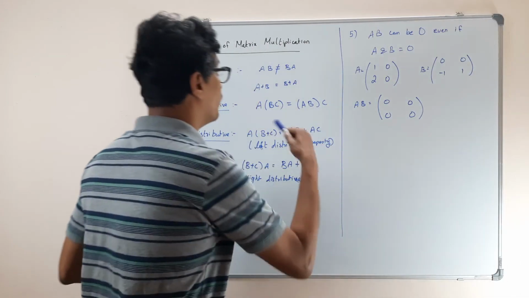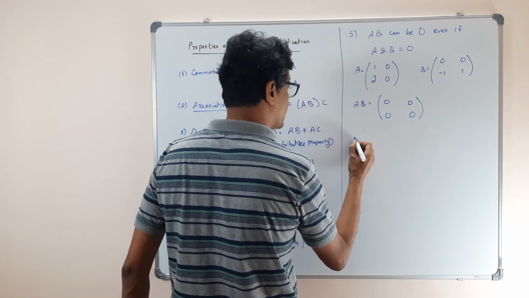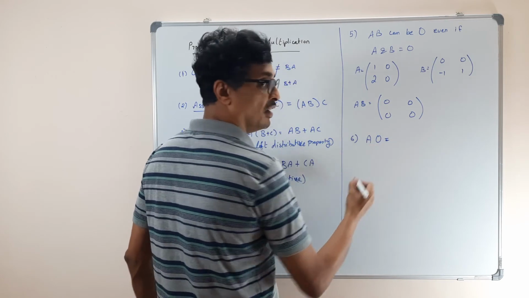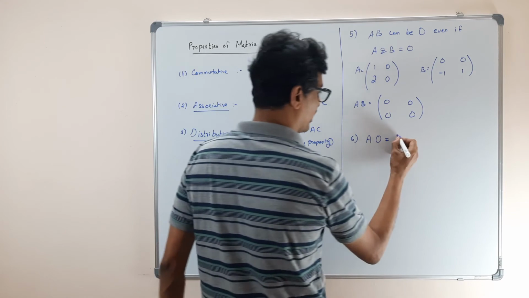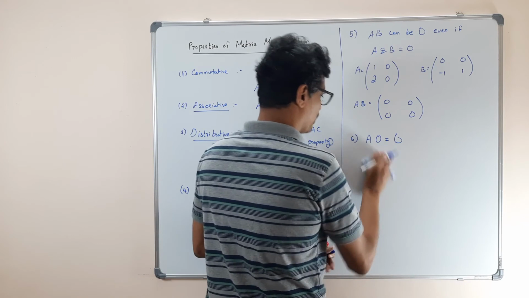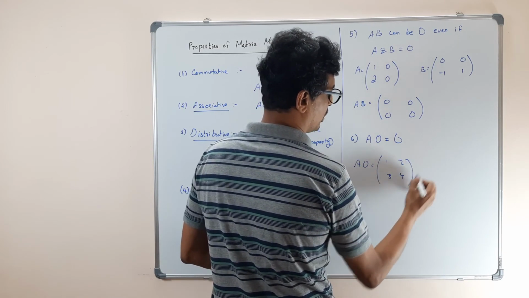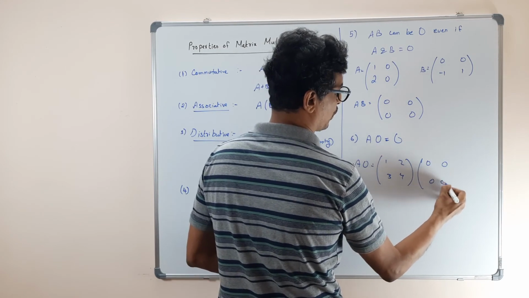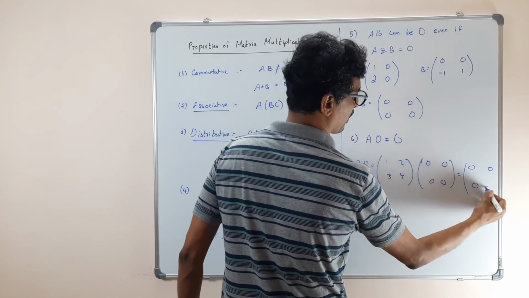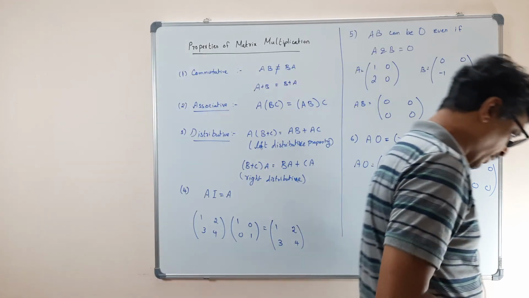And when I define the null matrix, we can do one more thing also. Can you tell me what is any matrix multiplied by its null matrix, what it will be? A into 0 will be what? It will be a null matrix, right? Correct, it will be a null matrix. Let matrix A be 1, 2, 3, 4, and this one is 0, 0, 0, 0. What will this be? This will be 0, 0, na? Everything multiplied by 0. Okay, so these are the 6 properties.